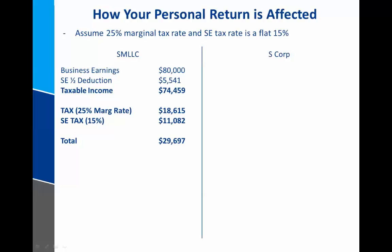So when you take the business earnings of $80,000 and you subtract out the self-employment deduction of $5,541, you get to a taxable income of $74,459. When that is multiplied by 25%, Joe's tax is $18,615. And then when added to the self-employment tax of $11,082, his total tax bill would just be a little bit underneath $30,000, or